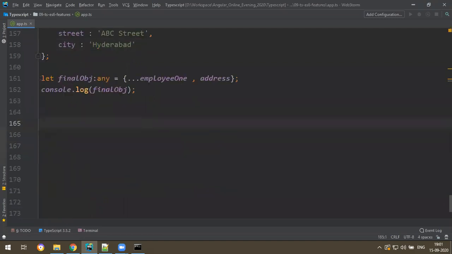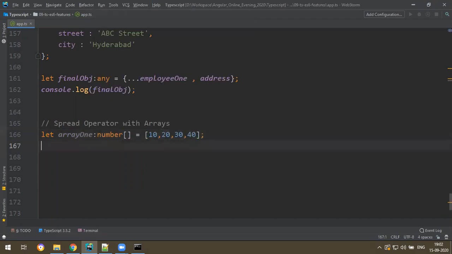Spread operator with arrays. What is the spread operator with arrays? I have one array, array 1, of type number array, and I take here some 10, 20, 30, 40.